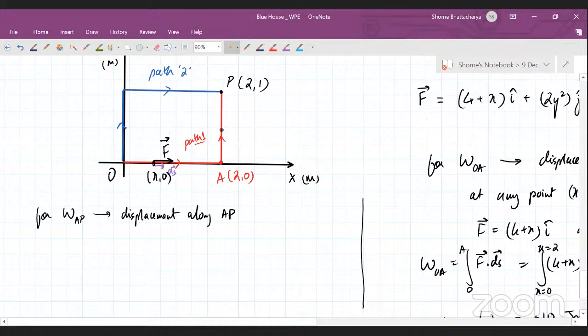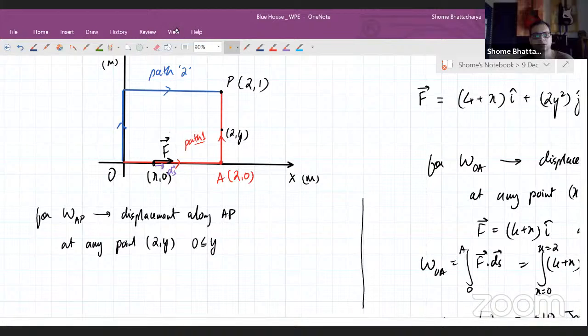So an arbitrary point between A and P would be like this, that it would have a fixed x coordinate of 2 but a y coordinate like this. So at any point 2 comma y, where y is now increasing from 0